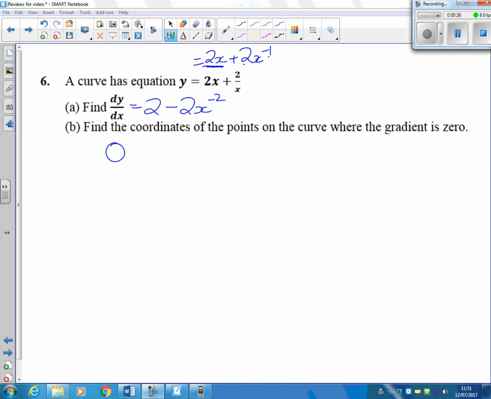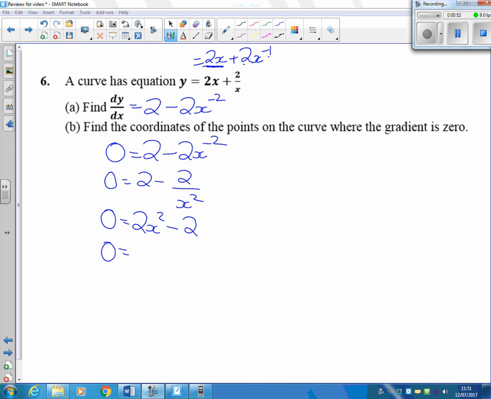So I've got 0 equals 2 minus 2x to the power of minus 2. Now it's one of those moments where this is looking a bit strange, so why not change that back into the x squared part of the bottom there. So it's 2 over x squared. Now, if we times everything by x squared, we can get a much nicer